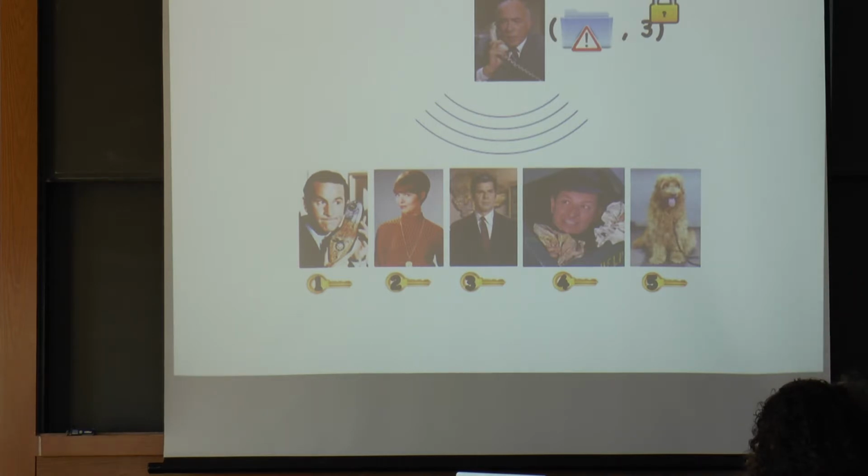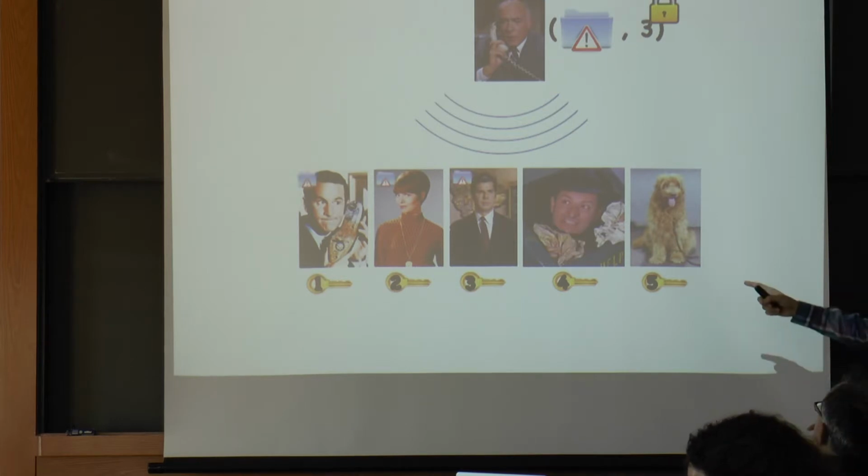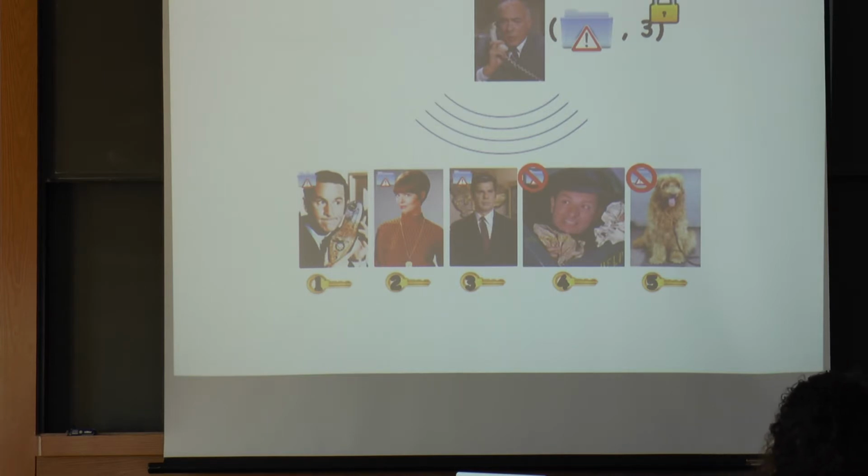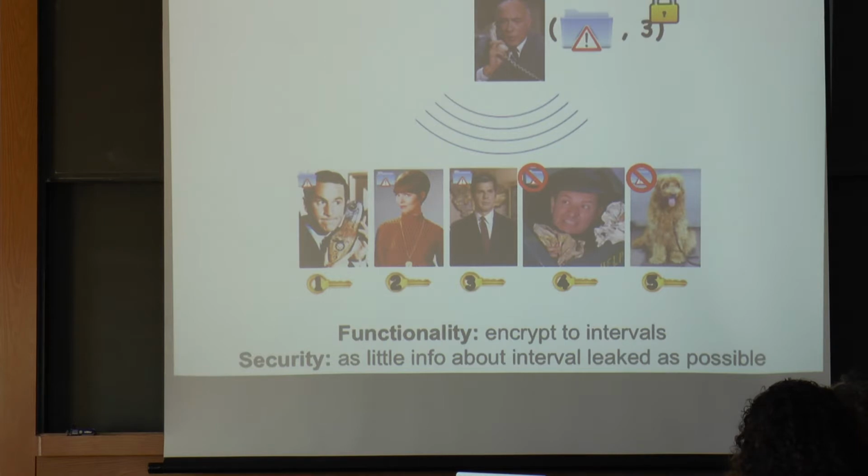So in this case, we said, okay, the integer we're specifying is 3, and that means the first 3 users can decrypt. But users 4 and 5 cannot. So it's a way of specifying certain very restricted subsets of users that can decrypt the message. From a functionality standpoint, we're encrypting to intervals, right? We can specify some interval of users. Those users can decrypt the broadcast and the rest cannot. And that's what linear refers to, yeah.